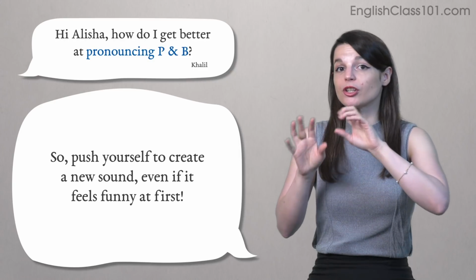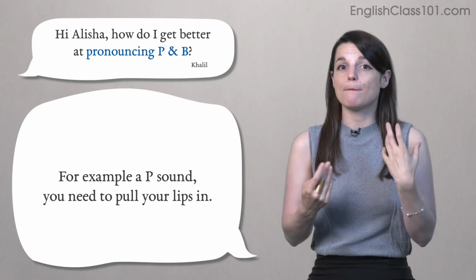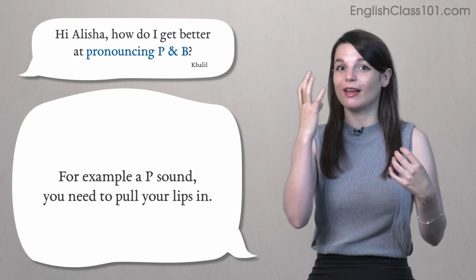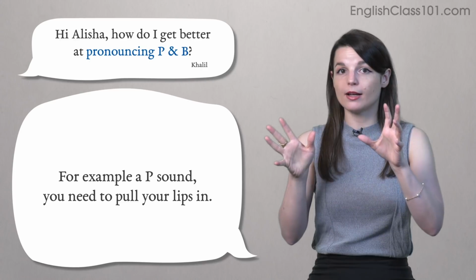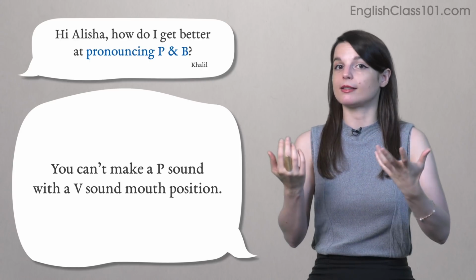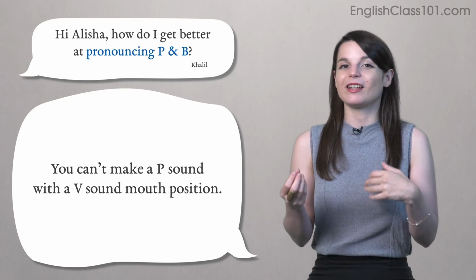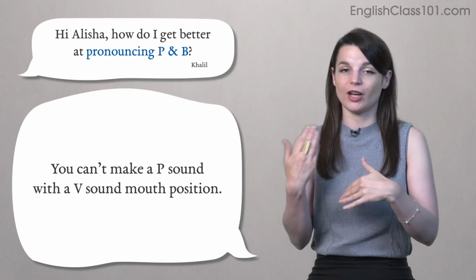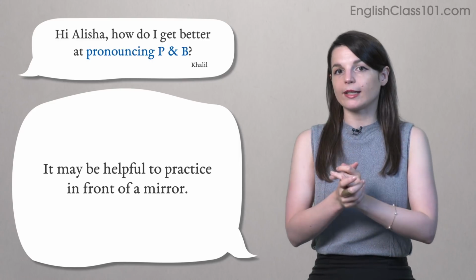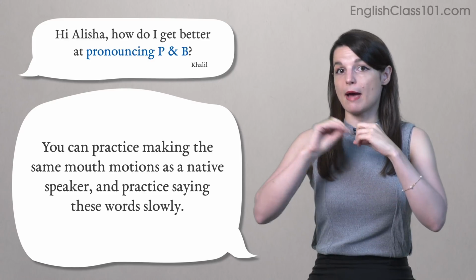Try to push yourself to make a new sound. So for example, when you're making a P sound, P, you need to really pull your lips in to make that P sound. So you can't make a P sound with a B sound mouth position. It's going to sound like B. You need to make a P gesture, or a P motion with your mouth. So try practicing in front of a mirror and see if you can make your mouth motions match the motions